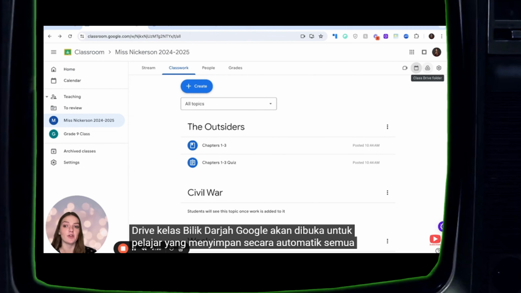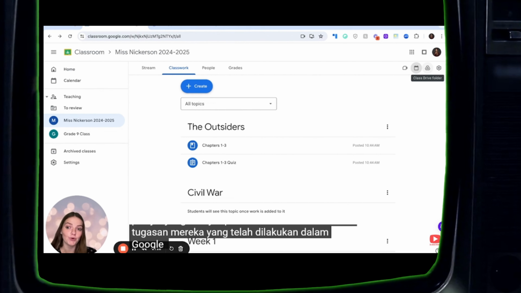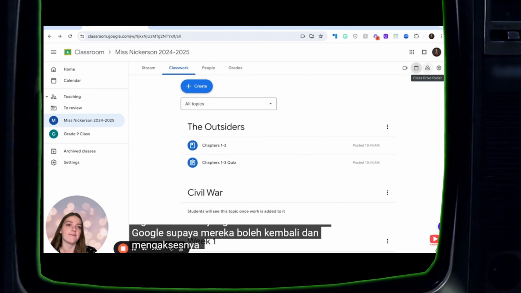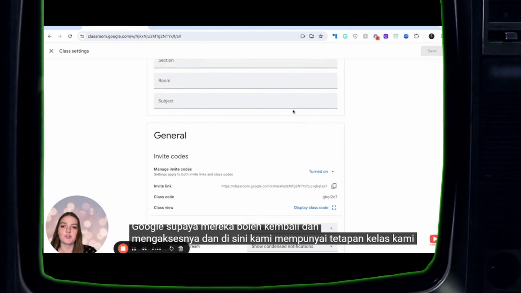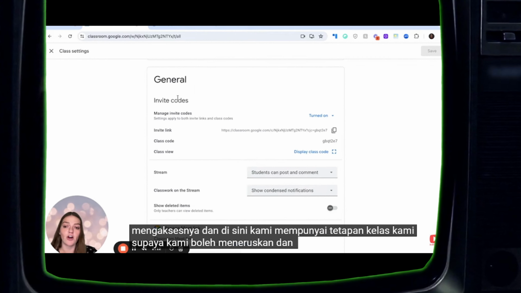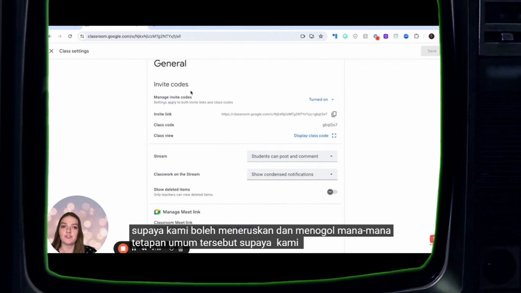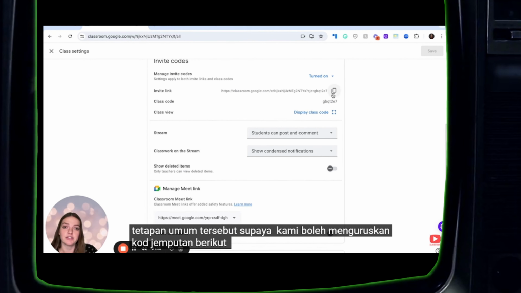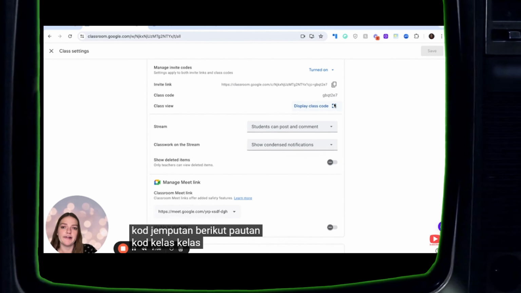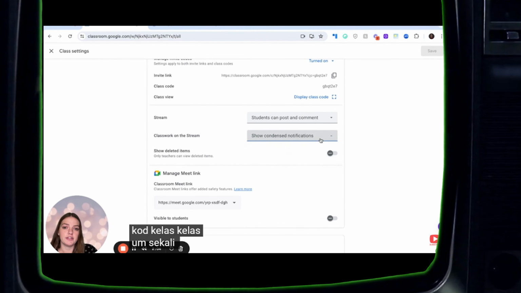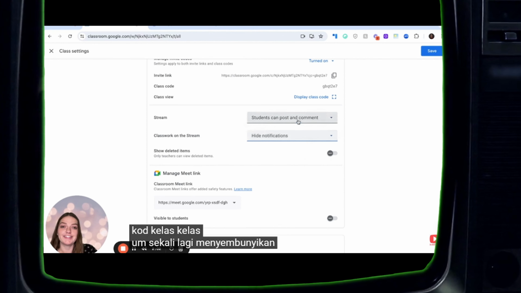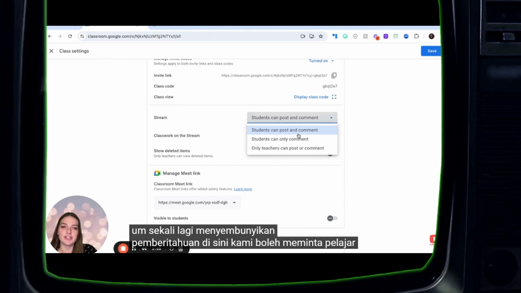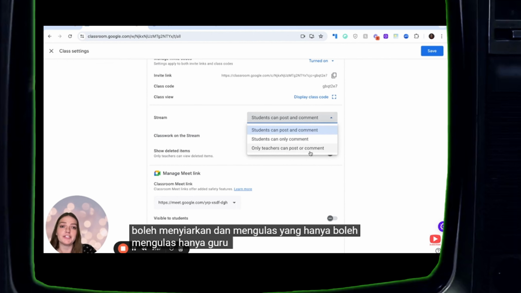It automatically saves all of their assignments that were done within Google so that they can go back and access them. And here we have our class settings, so we can go ahead and toggle any of those general settings so we can manage the invite codes. Here's the link, the class code. Again, hiding notifications. Here we can have students can post and comment, students can only comment, only teachers can post or comment,